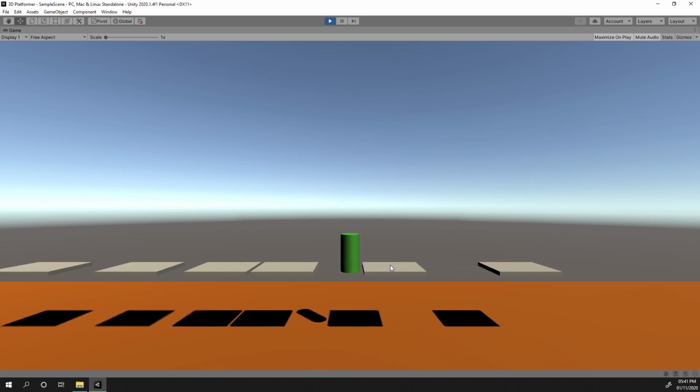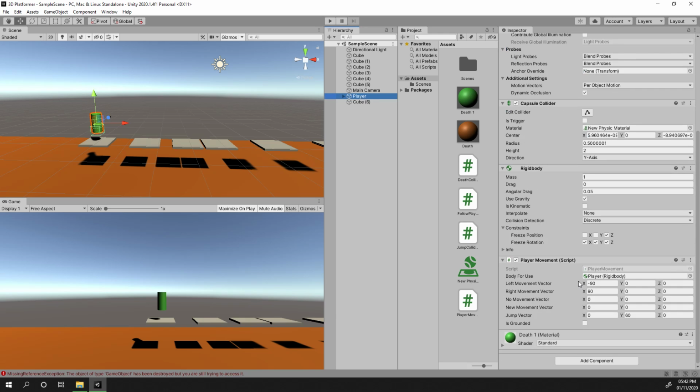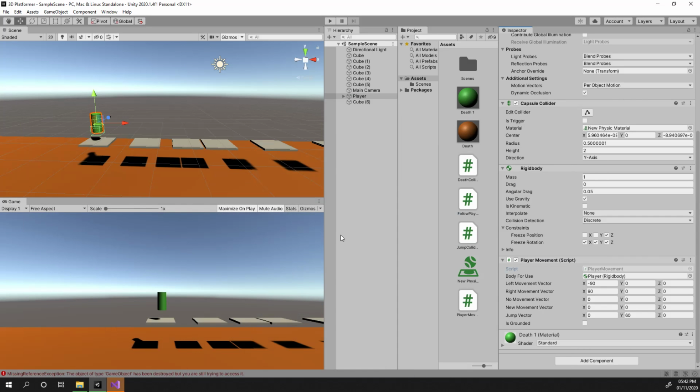So we can jump between these platforms, and our character is followed by the camera, and they can also die when they fall into the lava. The next thing we're going to want to do is add in enemies, goals, collectibles, that kind of stuff. But before we do that, I want to have a look at our movement to see if we can improve it just a little bit. It's a slightly advanced concept, but what we're going to do now for the player's movement